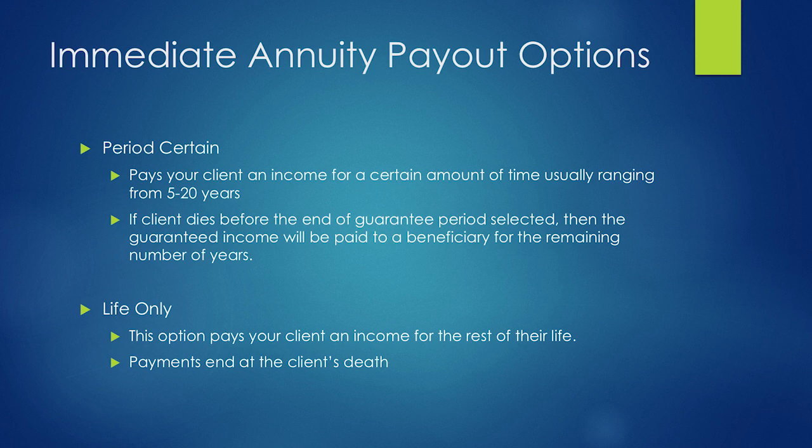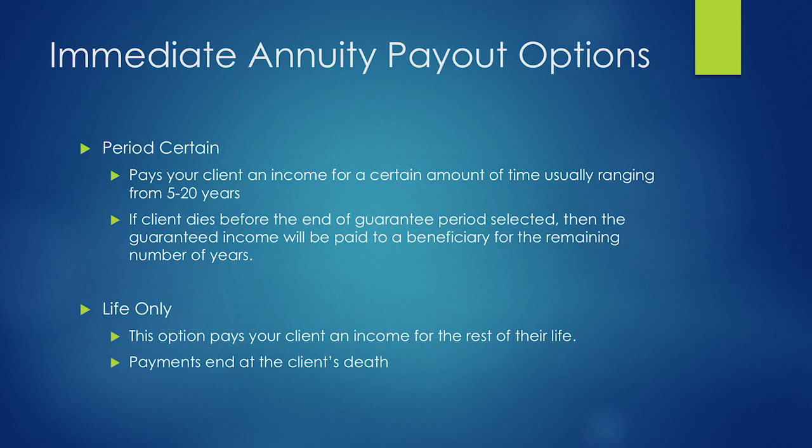Just getting ahead of myself here, but when I talk about index, I'll talk about the difference between income base and accumulation. And fixed indexed annuities aren't that different from fixed annuities. As I said, you're still earning a fixed interest rate, but it's going to be based on the performance of an index rather than the company just saying you're going to get 3% or 4% or whatever the company decides. Clients only share in the gains and not the losses. That's the advantage over mutual funds and variable annuities.